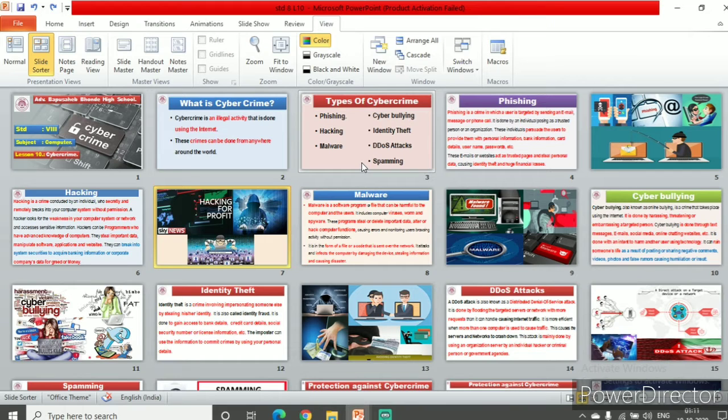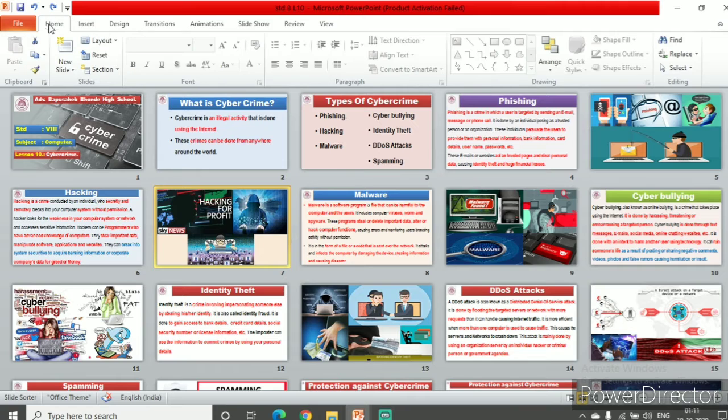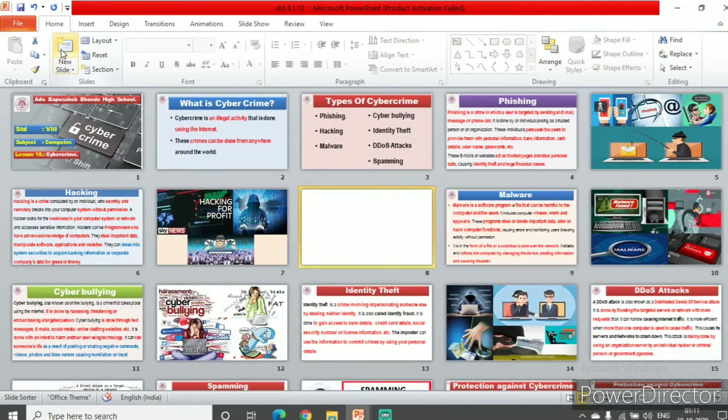Then it mainly focuses on the arrangement of the slides for final printing and preparing for the presentation. You can even add, delete and rearrange the slides in this view. I can add another slide. Wherever my cursor was, it will add it there itself.